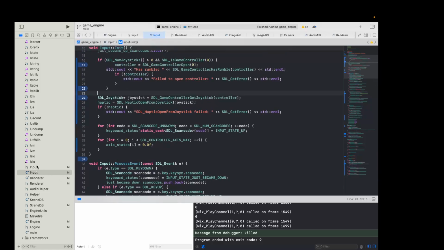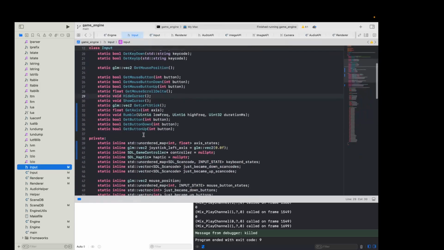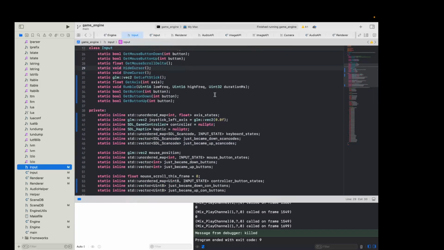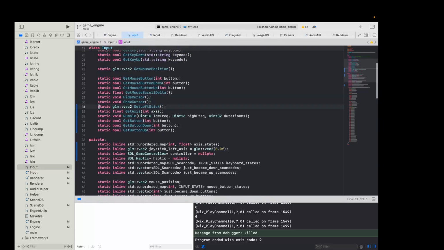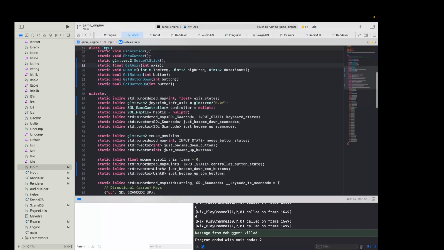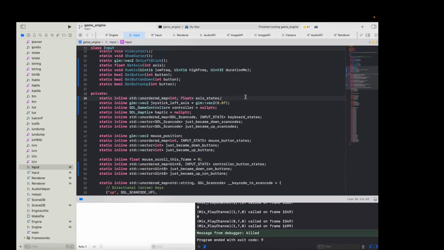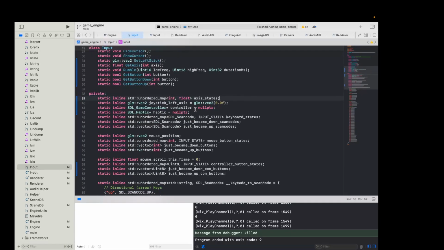First, I guess we can go to input.h and take a look. Again, it's all using SDL. They have all this implemented in SDL, and we have our new functions. We have left stick from before, and we have a map that gets our axis states to record how hard the trigger is pressed. And right now I have it where in Lua,